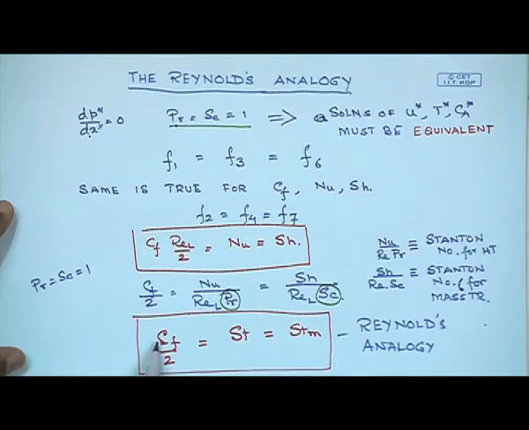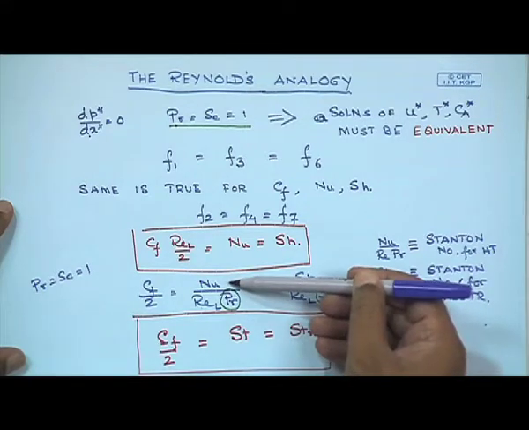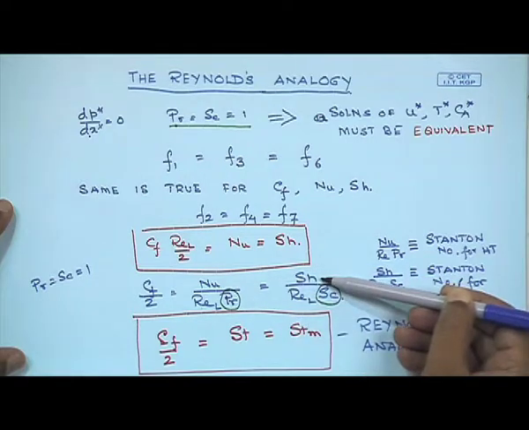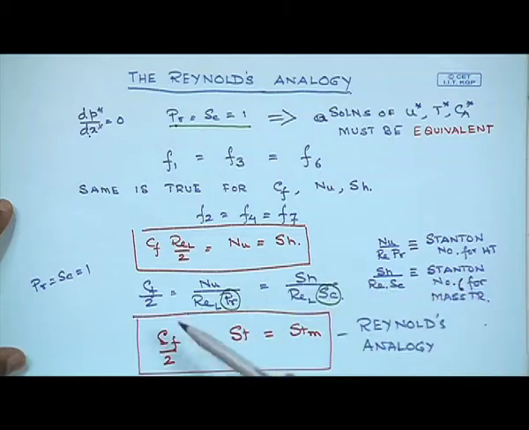So, an expression for Cf in turbulent flow is available. So, with this analogy, then I should be able to obtain an expression for Nusselt number, or for that matter an expression for Sherwood number for the case of turbulent flow using a simple analogy which is known as Reynolds analogy. So, the hydrodynamic boundary layer is well researched, it is comparatively easier to analyze, since as I said before,